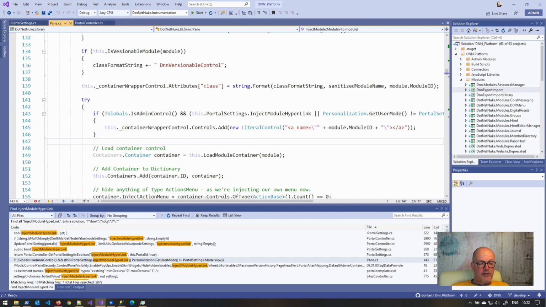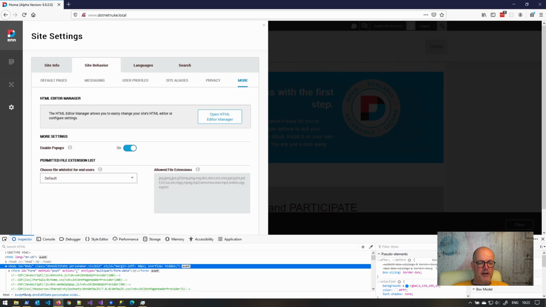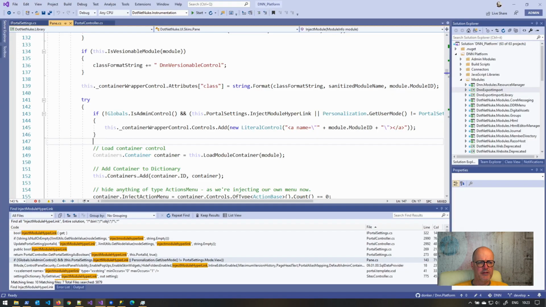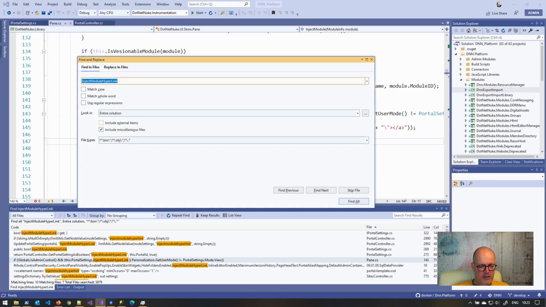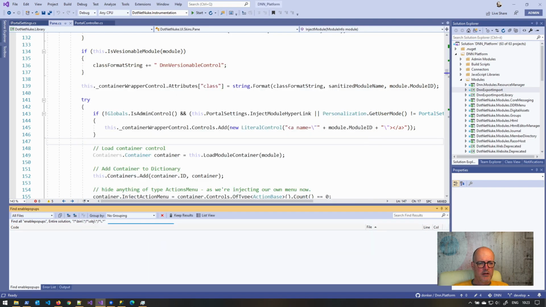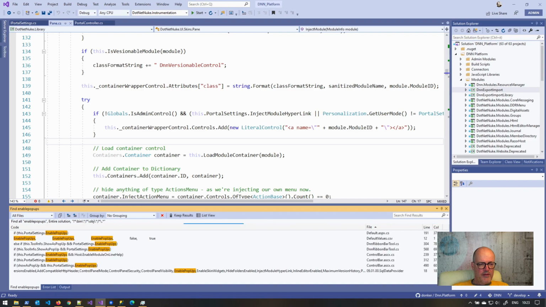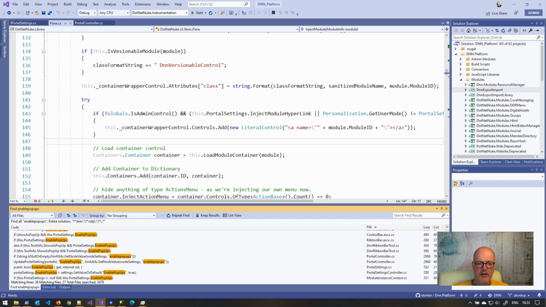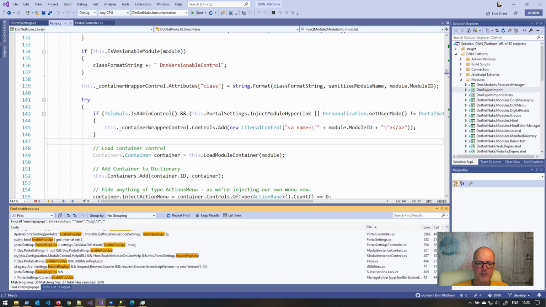So one of the obvious candidates here is to look at the enable pop-ups switch, which is also a portal setting at exactly the same level. So we do a find all of that, then we're going to see that we're going to get to a similar